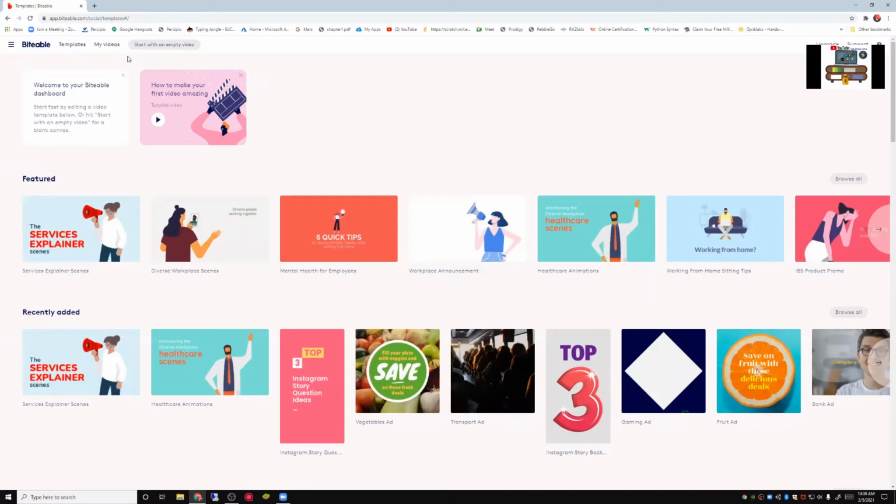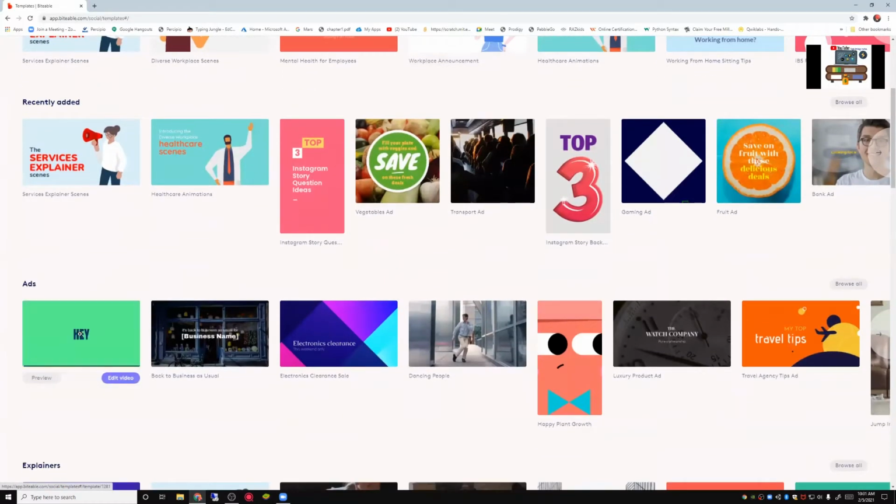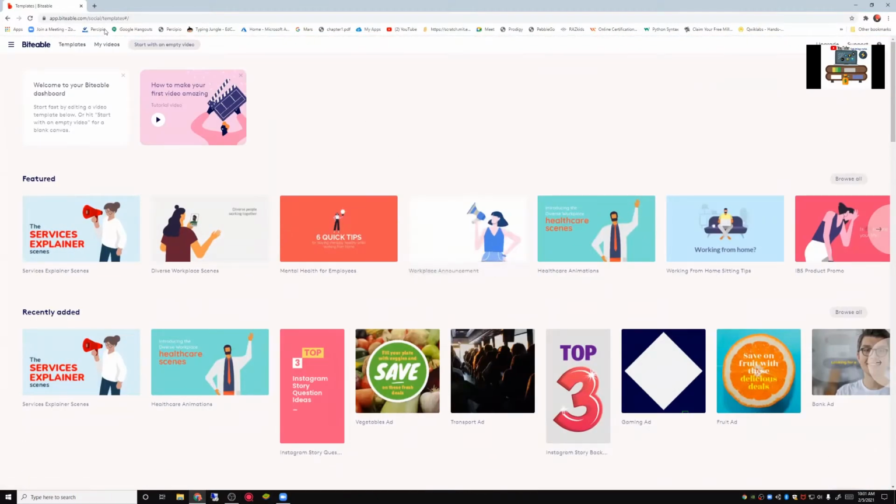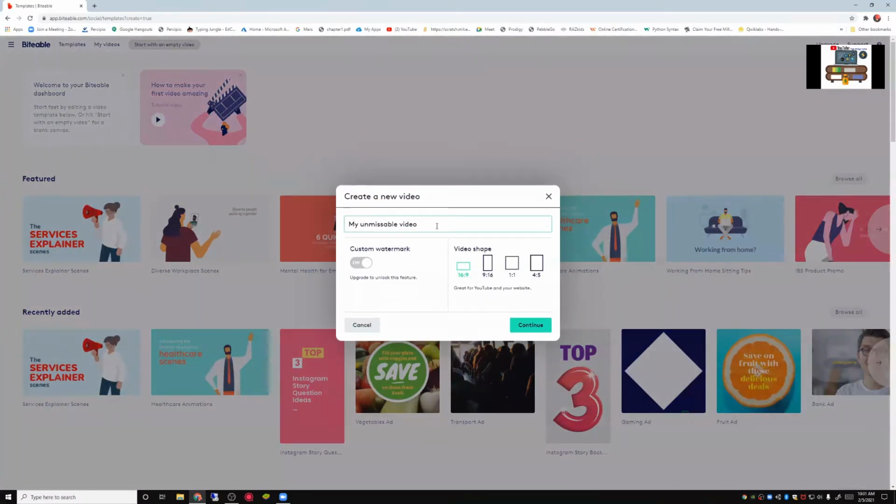immediately this is the templates area. So templates is basically where they automatically give you some videos, and at one point this was really helpful for me on another site, but yeah, this is also pretty helpful. So it's already pre-created videos, but it allows you to change them and mod them into your own things. So this is like an ad, this is for business, and all of these are for businesses. You can change it. So let's just start with an empty video, and